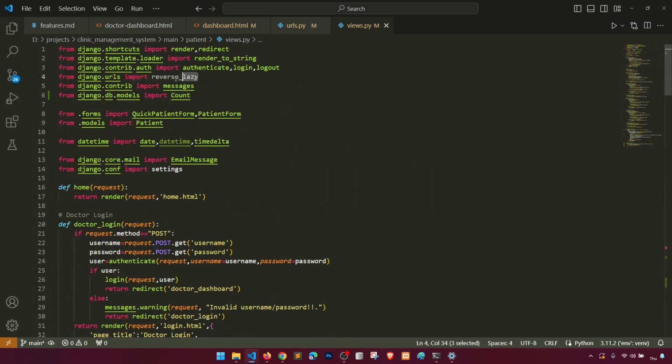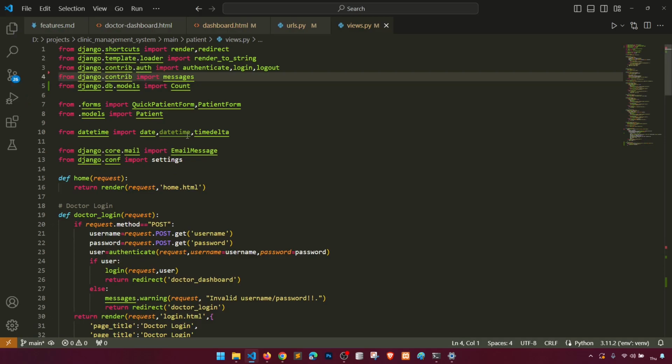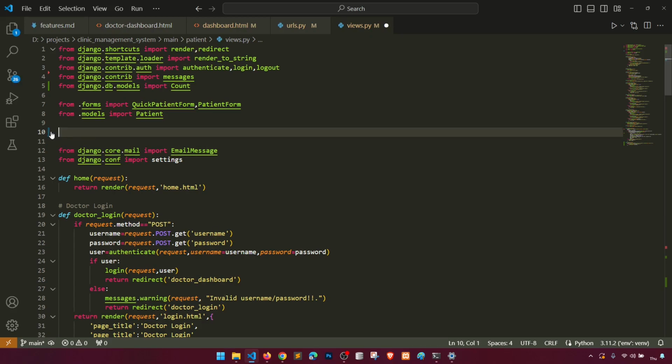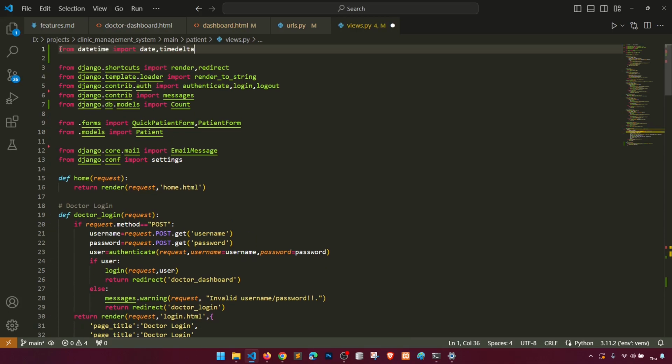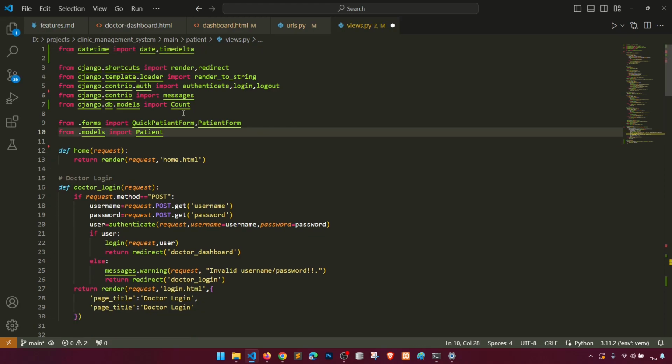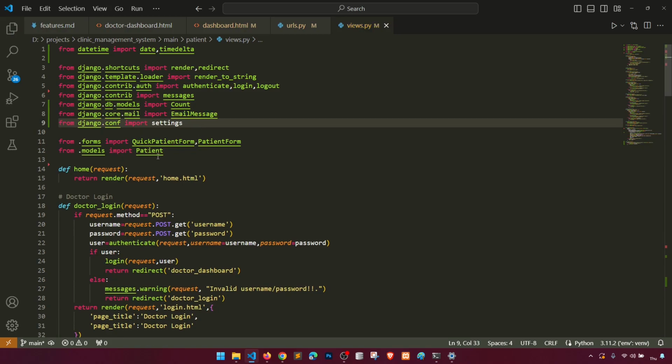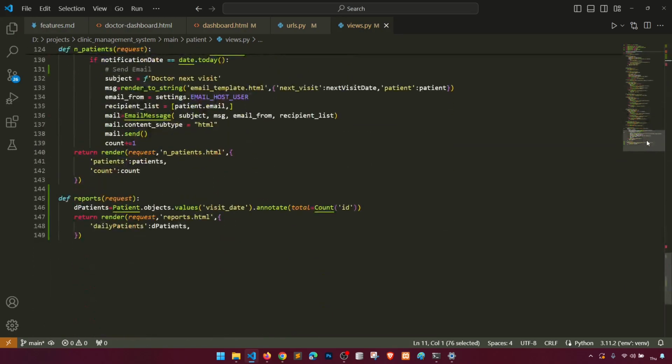So currently it is saying that we are not using the reverse lazy, so we'll remove this, and we'll also remove this, right? And this is from Python, so we'll keep it at top, right? And these are from the Django, so we'll keep it here, and this is from our internal app, correct? All right, so now